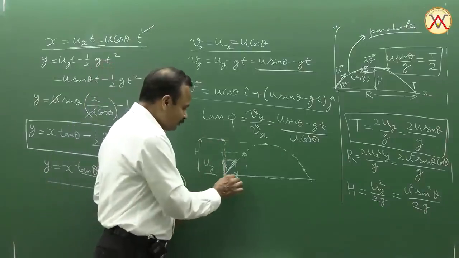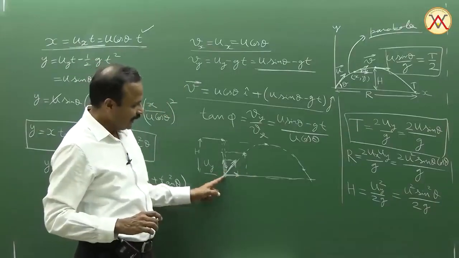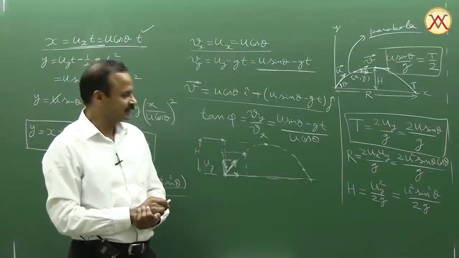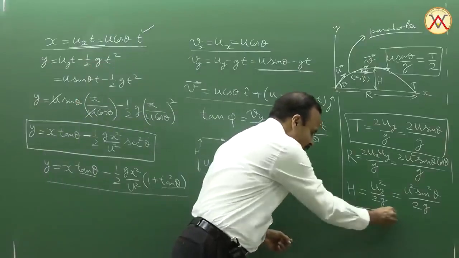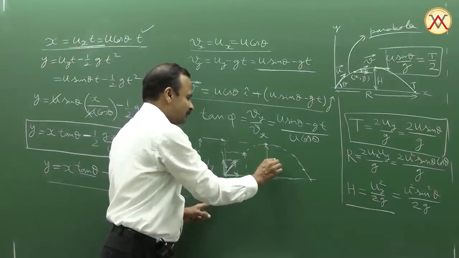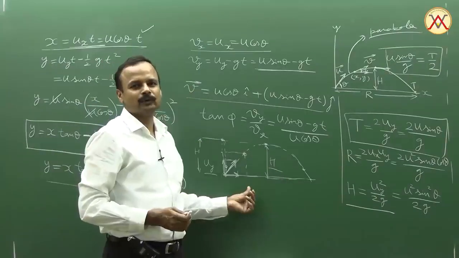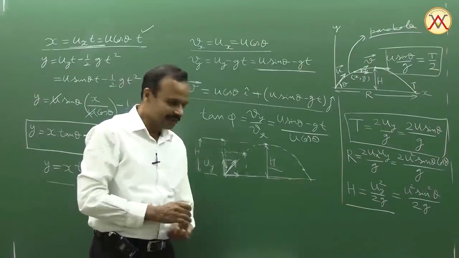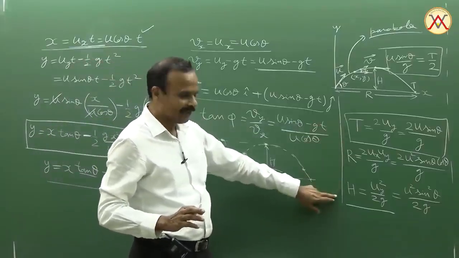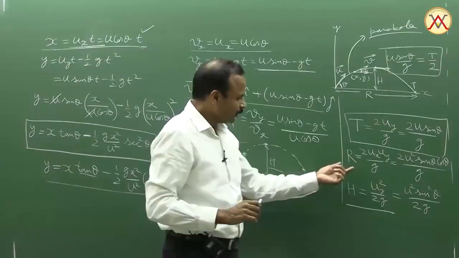Alright, so even if I make ux 0, you can see the time of flight remains unaffected. And of course, it's given in the formula also that time of flight is not at all affected by the x component of velocity. And same thing with the maximum height. Maximum height, of course, height means what? It is the maximum value of y coordinate. So logically, it should not depend on the x component of initial velocity, and it does not, as we see in the formula. So this should be very clear that t and h have nothing to do with the x component of velocity. Now what about range?